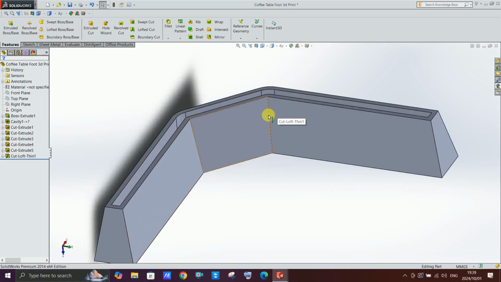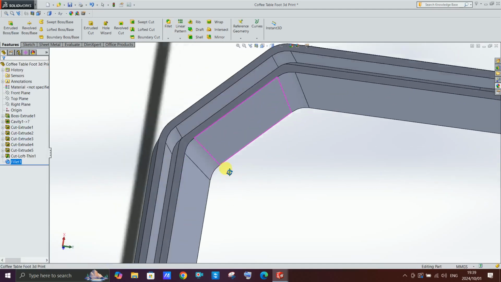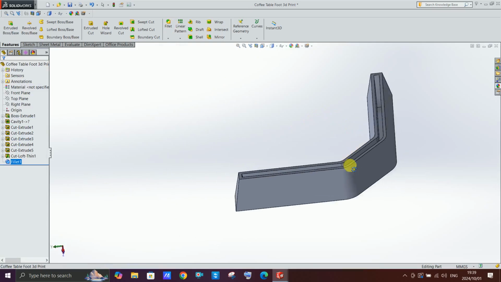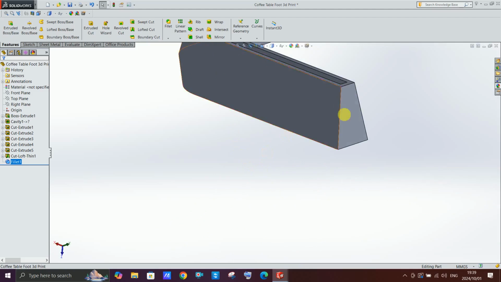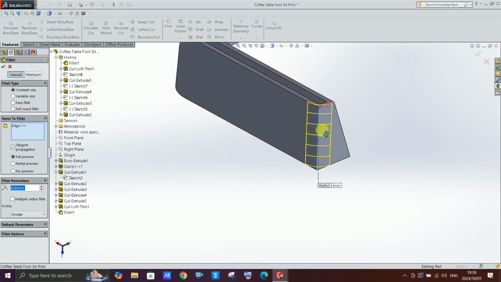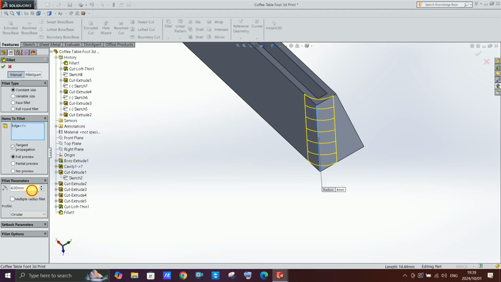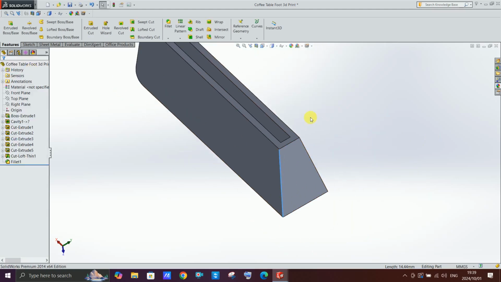So what I'm going to do is put a 4 millimeter fillet right there and there, and it's OK. And now I want to, so instead of just putting a fillet on the corner like this, if I just select the corner and fillet it, it looks horrible. Even if you do it like 2 millimeters, it takes away like half of this thing. So what you want to do there is